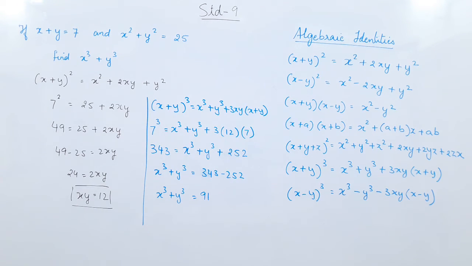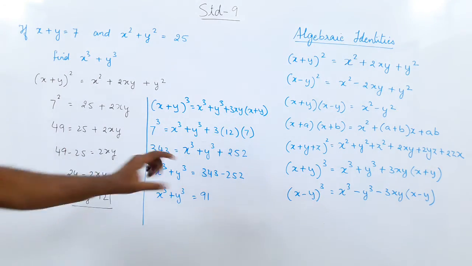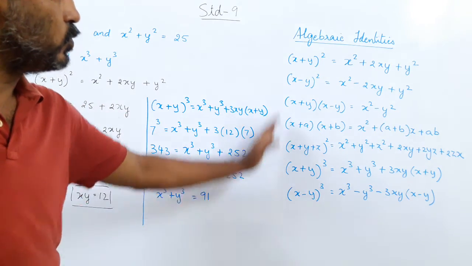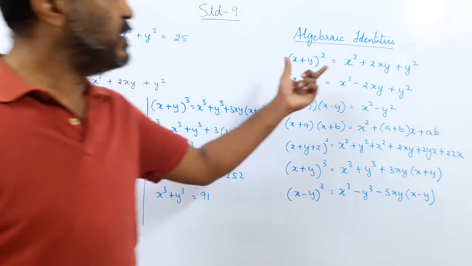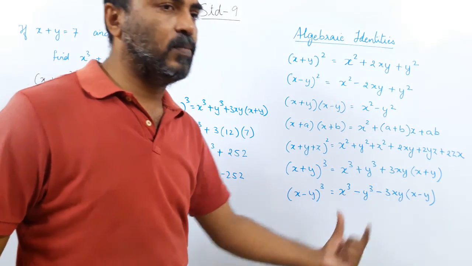So 2 more identities we have done today, x plus y the whole cube and x minus y the whole cube. I will not do anything more today, but here we have done only sums with the plus sign. You have to also try with the minus sign, but only 2 identities I did for the day. I am going slow. Every day you need to keep revising all these identities. Every identity you should know equally with the signs and their variables.